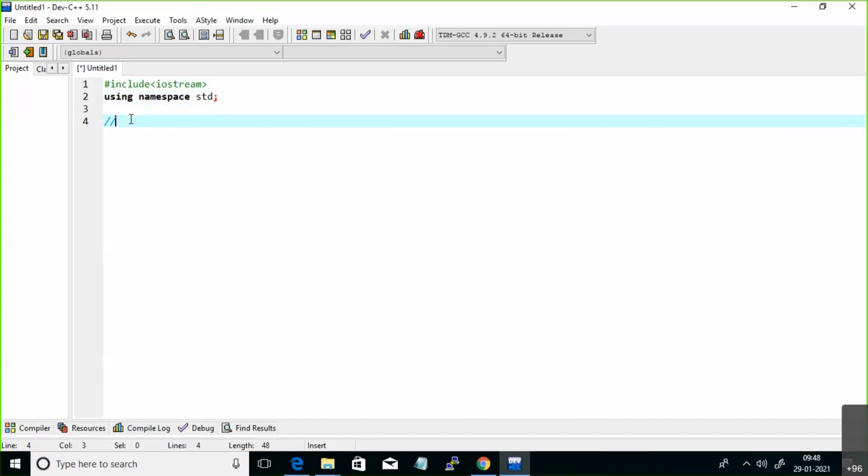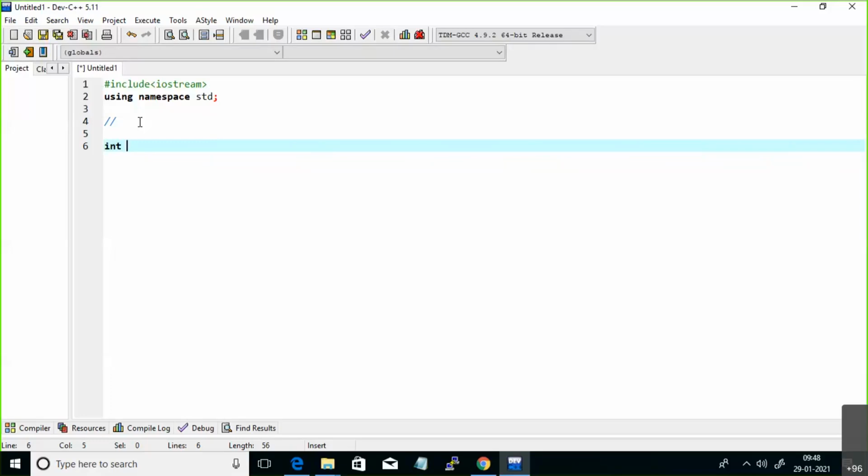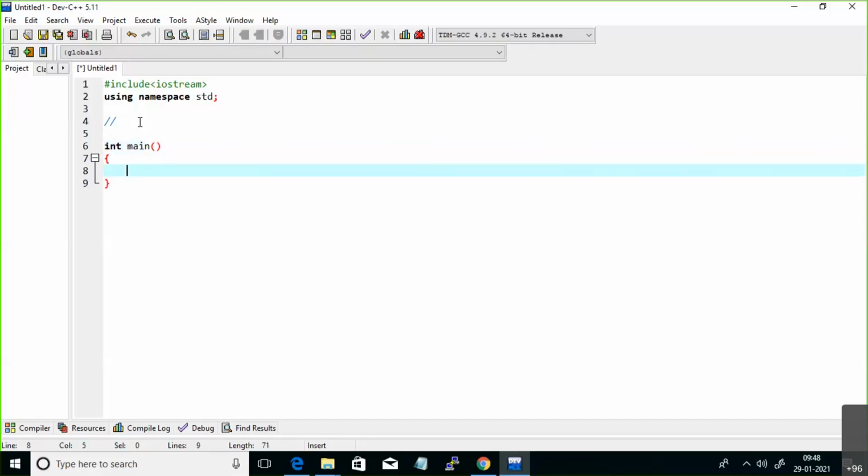Already in our second unit and third unit, we have written some classes, right? Here only we have written our classes. After writing your global things, global means classes or any global variables, those things you need to write after including iostream and the namespace. Then after that comes your main function. If you are writing in Dev C++, the main function signature is int main, parenthesis, then open bracket and close bracket.